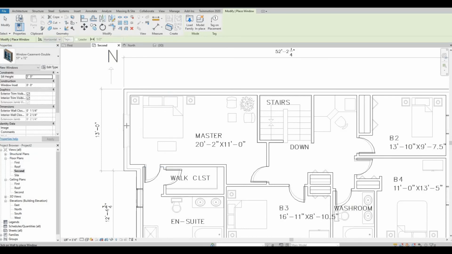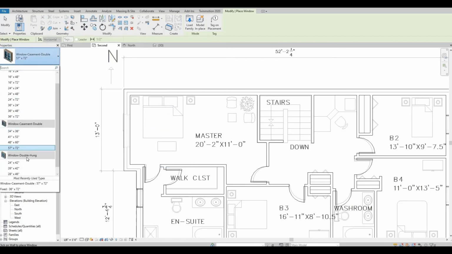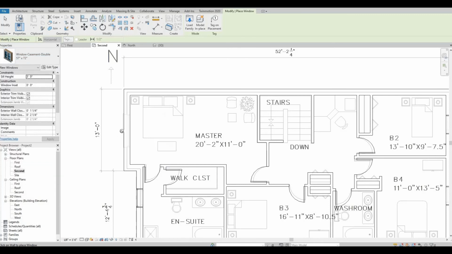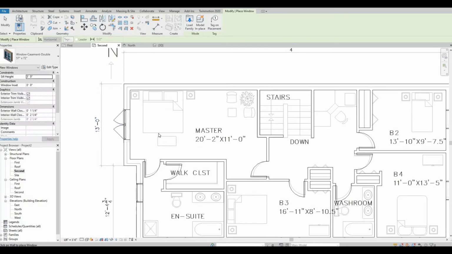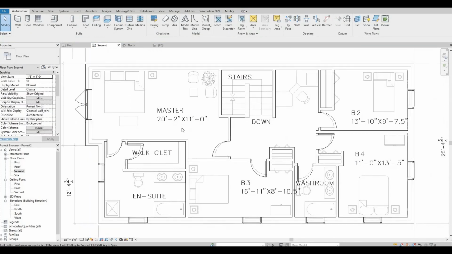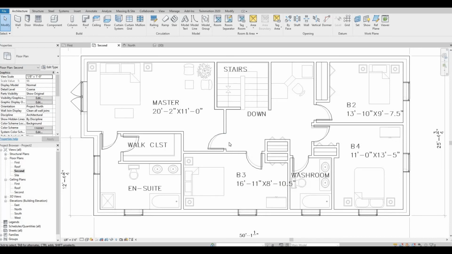Let's go to a higher window. So it looks like this one, we're gonna choose this one. It's the closest size wise. So here,